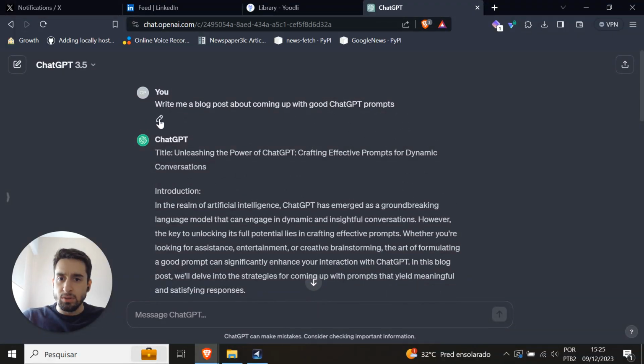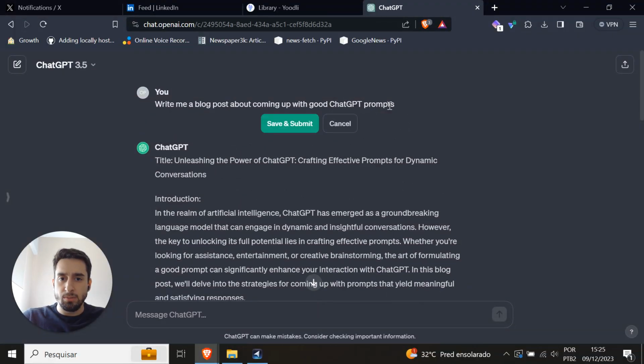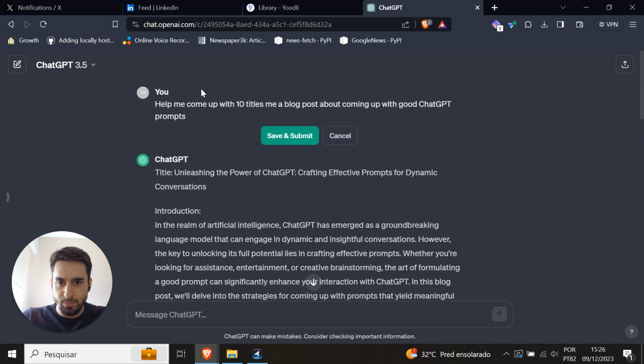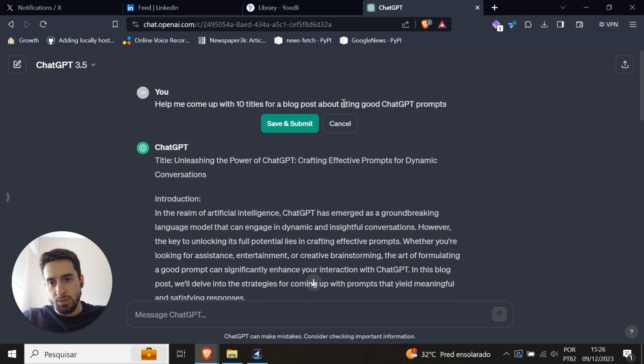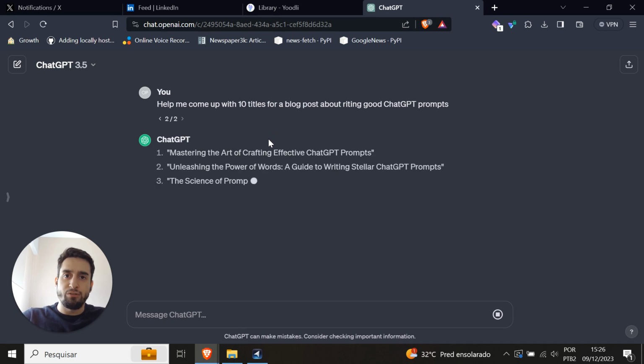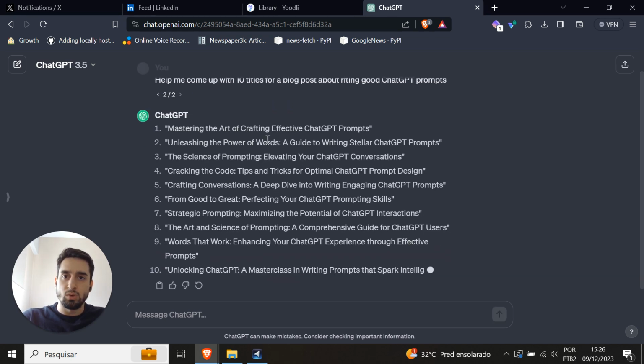So instead, you can simply break your prompts into smaller subtasks. Instead of asking ChatGPT to come up with a blog post from the get-go, simply ask for a title. So let's say, help me come up with 10 titles for a blog post about writing good ChatGPT prompts. So that's the very first step of coming up with an article, coming up with